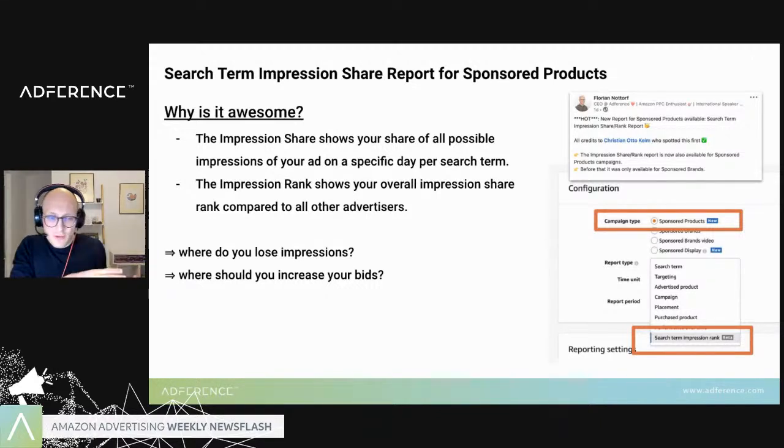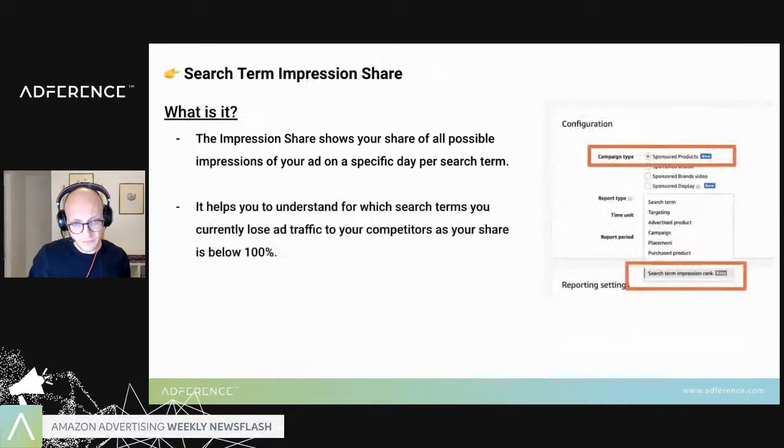So where do I lose impressions? Should I increase my bids to get more impressions? You get it all in this report, and we will have a closer look at it in a few seconds. So